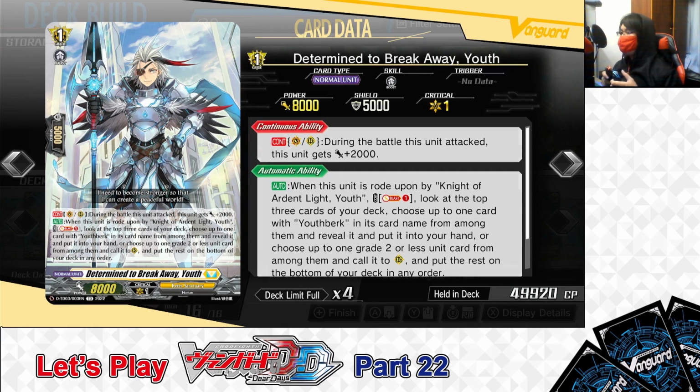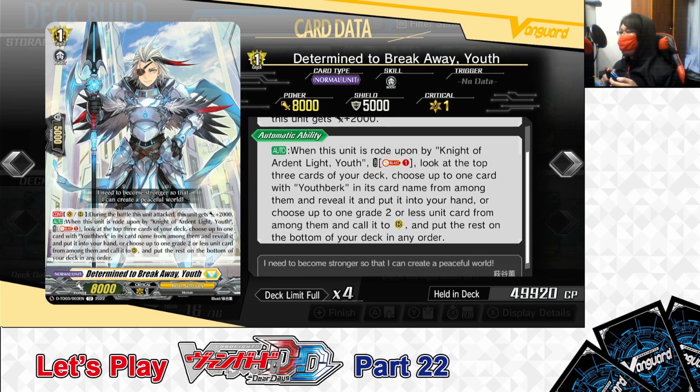So for Determined to Break Away Youth, it's the main Grade 1 to run in this deck. Its first skill, as a Vanguard or rear guard, as long as your Youth has managed to attack for the rest of that turn, it can serve as a 10,000 point attacker for that turn. So for the second skill, when you ride Knight of Ardent Light Youth on top of Determined to Break Away Youth,